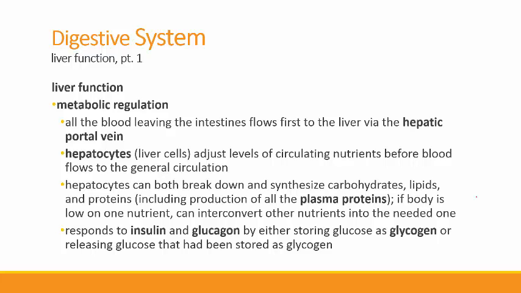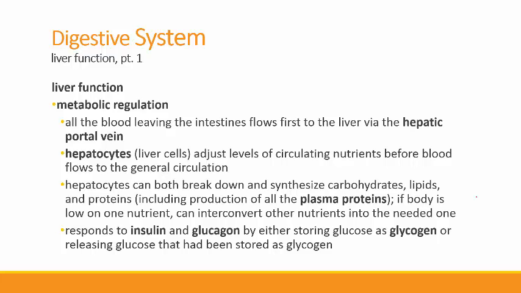So when a body is low on any one nutrient, it can use other nutrients as fuel or as feedstock to create the nutrients that we are low on. Most of the nutrients we require can be synthesized by the hepatocytes of the liver, with a few exceptions, of course, especially the essential amino acids,